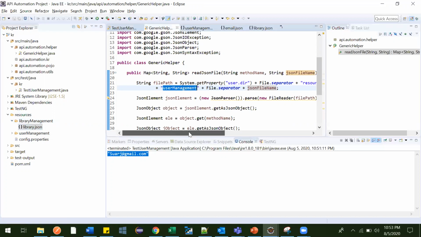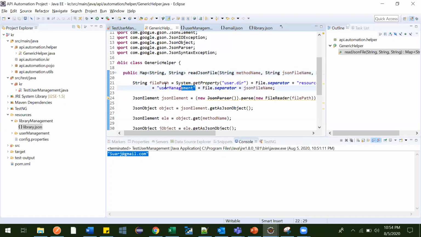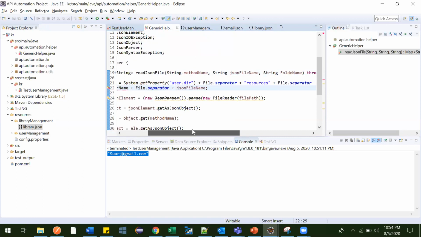Then we can type here String folderName. Now let me make it folderName. What is the mistake with it? Sorry, there was a spelling mistake here.